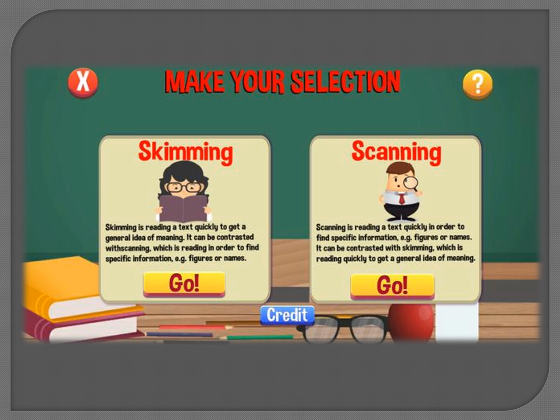So you have to select while reading, either you are going to skim through the text or you are going to scan through the text. If you are running low on time and you have to find the answers in the text, you'd go for scanning. If you have to get a gist, an idea of the whole text, you'd go for skimming. There are no questions given, but you have to tell the summary of something. So, to tell the summary, you would go for skimming of the text.